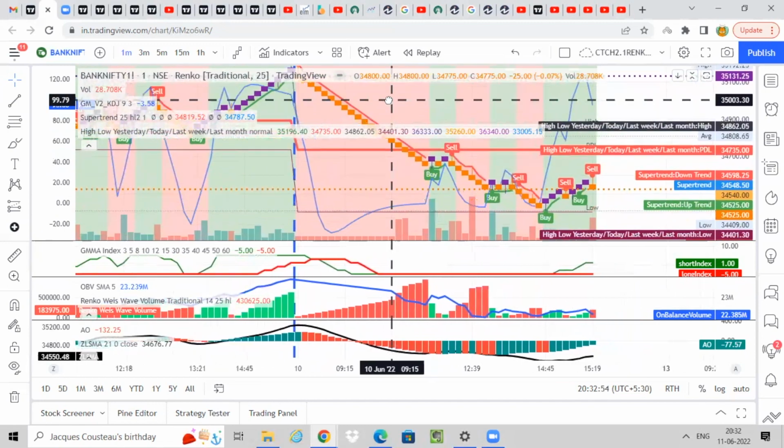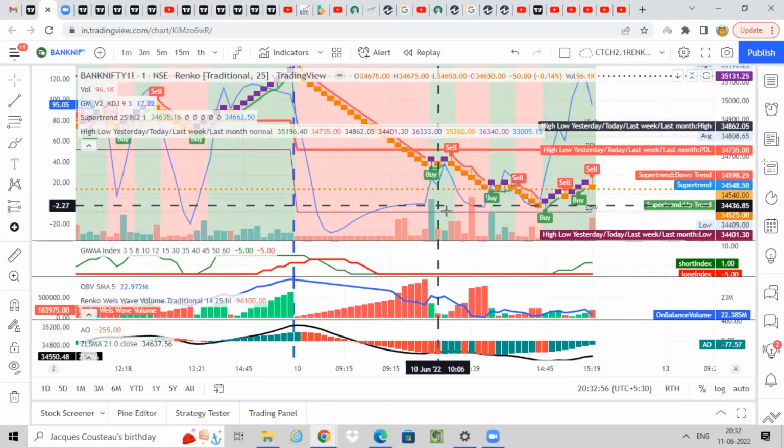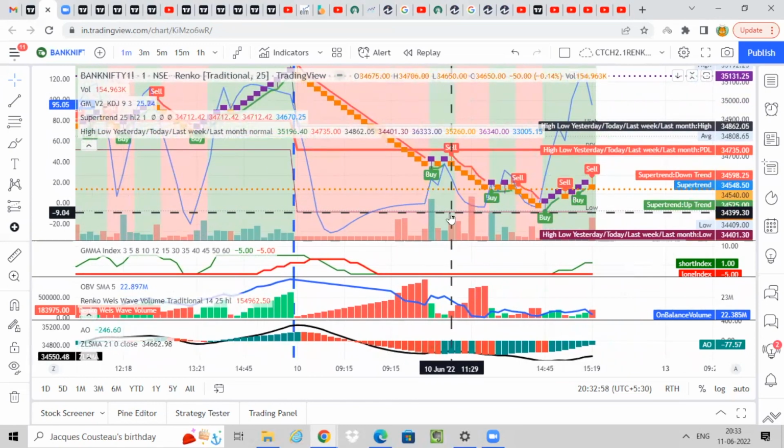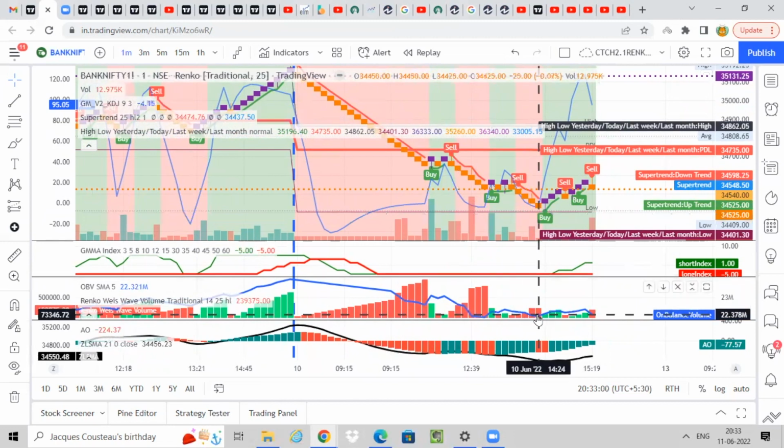Yeah. So okay, now we'll come. You would have exited this. You would have got the point. First trade. Now you are looking at four things. One is the trend, which is very clear from this. Now, when you go to the awesome oscillator, OBV (on balance volume), and GMA index,